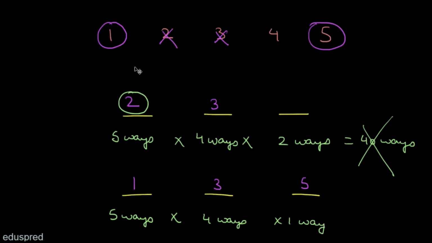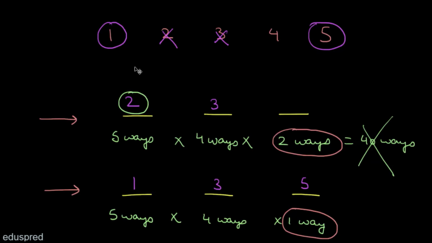Now note that you are getting conflicting answers here for the number of ways in which we can fill the third slot. When we started with the first slot and assumed that the first number is 2 and the second number is 3, we had two ways to fill the units place. But when we changed the numbers, assuming that the first number is 1 and the second number is 3, we have only one way to fill the units place. And that is the reason we cannot start with the first slot or the hundreds place when we are given the condition that our 3-digit number should be odd.